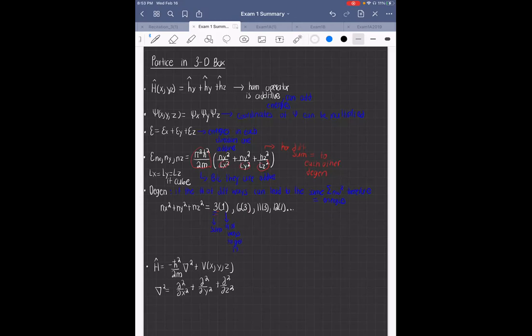So let's say we have the operator for x, y, and z directions, we have to multiply each of the wave functions for x, y, and z together. So if the energy is additive for particle in the box, you can add each of these components together to get this equation below,